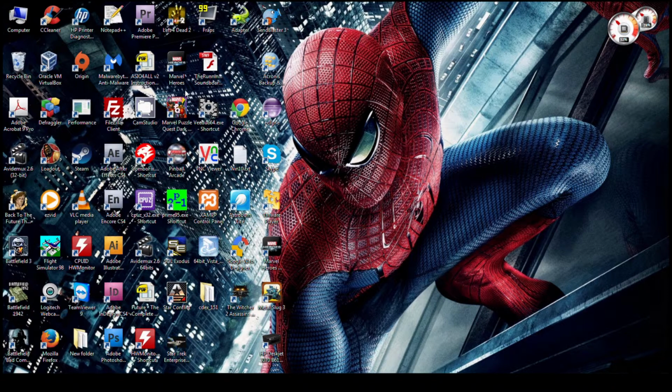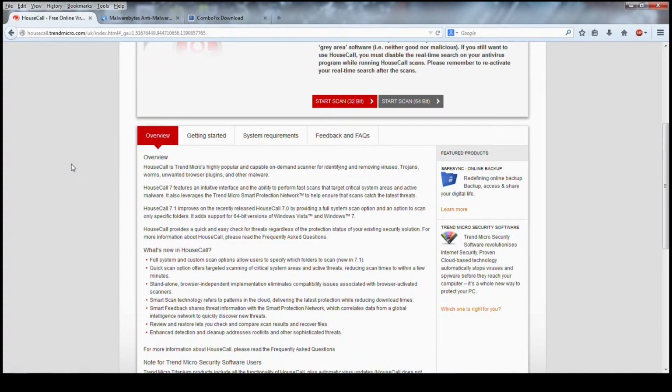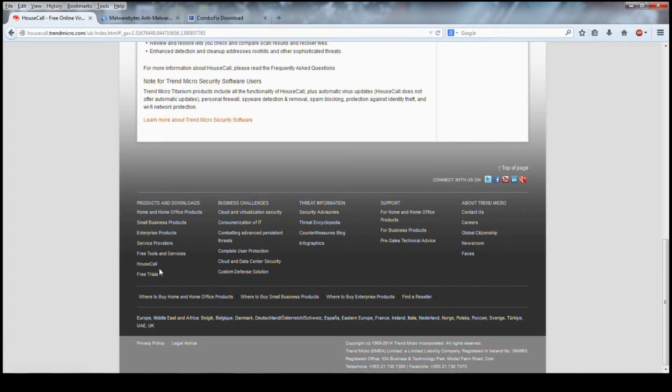Okay, so you have a virus on your computer and you need to get rid of it, obviously. What I tend to do is run a couple of pieces of software that you can get from these websites here. So trendmicro.com. If you type in trendmicro.com and scroll all the way down to the bottom, it will have the option